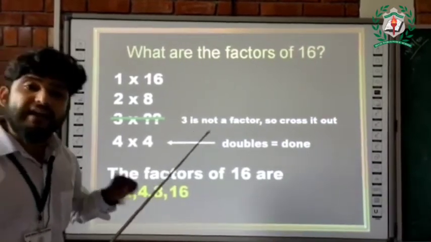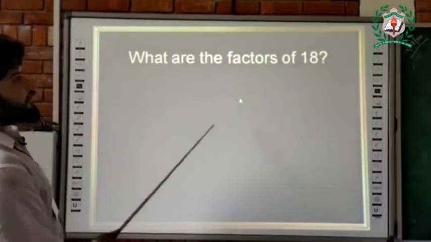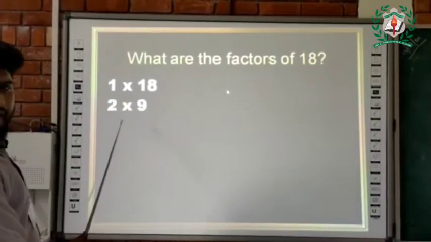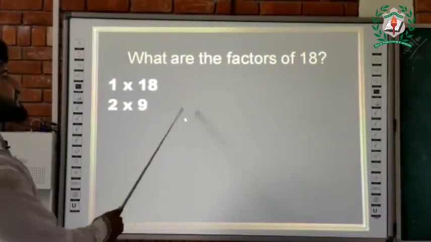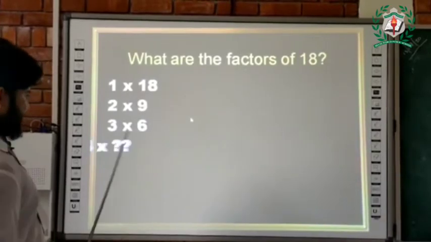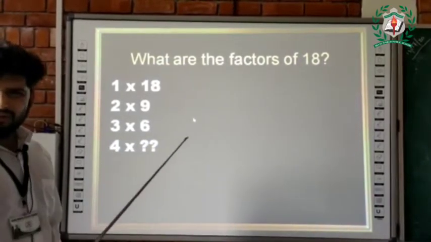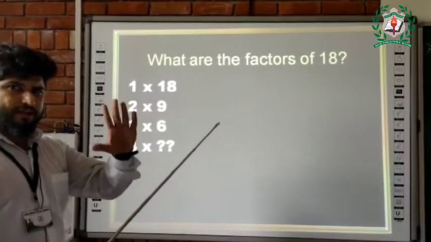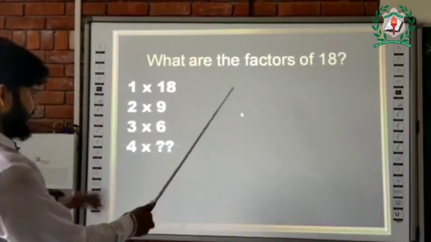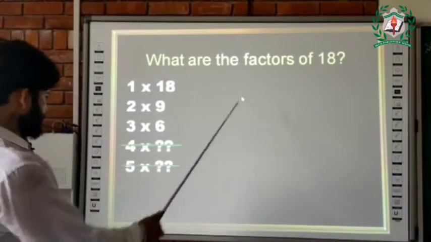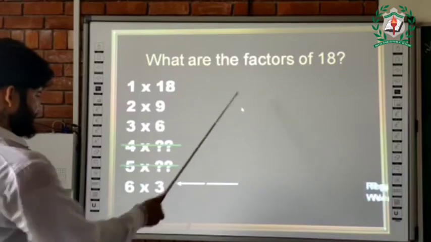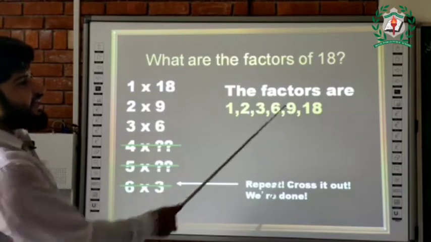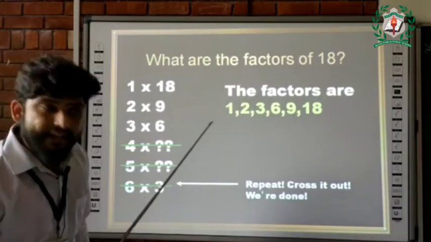पूरी तरह divide हो जाए वही number होते हैं. What are the factors of 18? 1? Yes. 2 into 9? Yes. 3 into 6? Yes. Does 18 come in 4's table? No. 4 4s are 16, 4 5s are 20. 18 doesn't come in 4's table, so it will not divide completely. Not a factor. 5? No. 6? Yes. Now see, 1, 2, 3, 6, 9, 18 are the factors of 18.